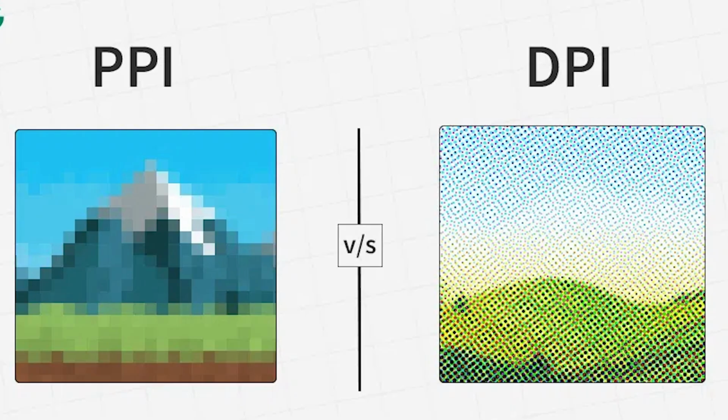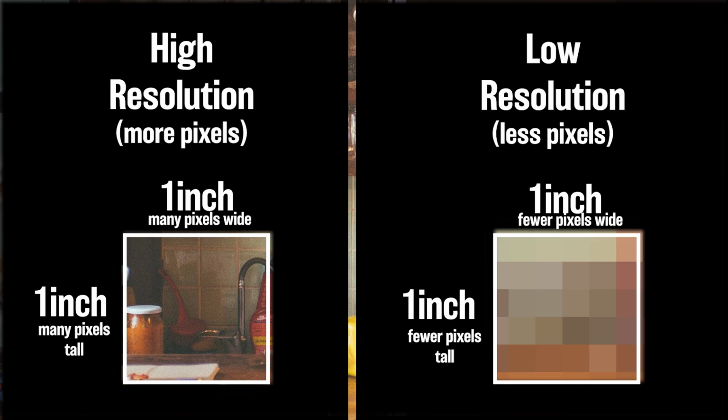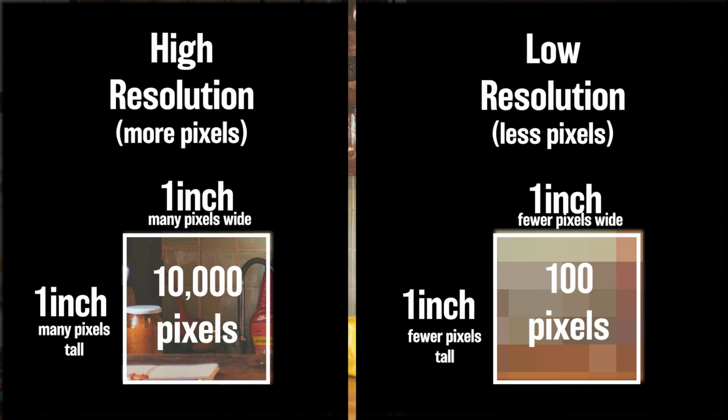So this is why you might see some programs refer to PPI and some refer to DPI. And basically it refers to how much detail we're squeezing into each inch of space. So screens use pixels, printers use dots, same goal, different tools. In resolution then, a higher number means that there's more pixels packed into a 1 inch by 1 inch space. And the lower number means that there's less pixels packed into a 1 inch by 1 inch space, and therefore those pixels have to be stretched out. And that's when images start to look soft or jagged.